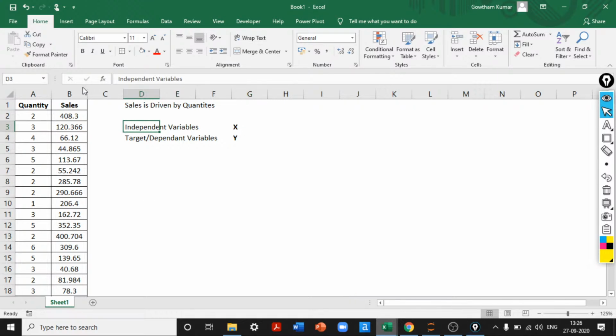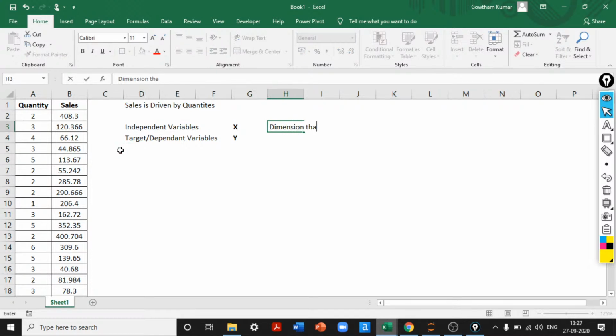In this case, sales is dependent on quantity. If I have less quantity, my sales will directly decrease, right? So it is directly dependent on quantity, whereas quantity is not dependent on sales in this case. So the independent variable is simply the dimension or the column